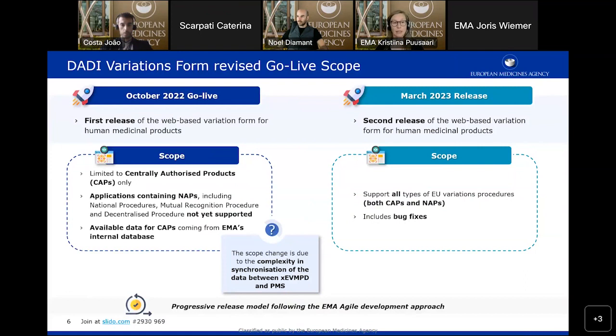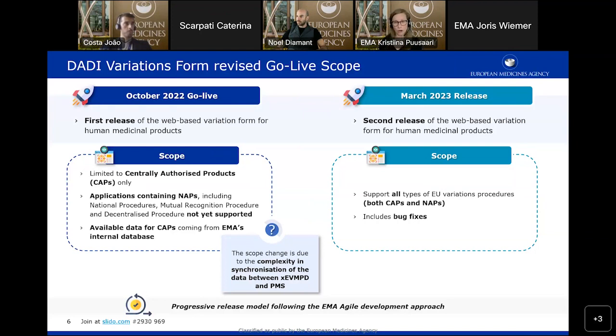Then the applications containing nationally authorized products will be coming a little bit later. And at this stage, the centrally authorized products that will be available from the system will come from the EMA's internal database. So at this point, there is no data yet coming from ex-EVMPD.